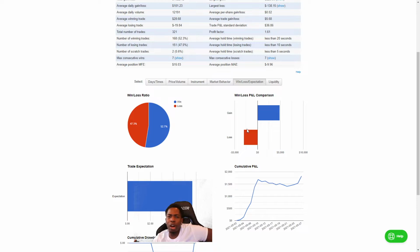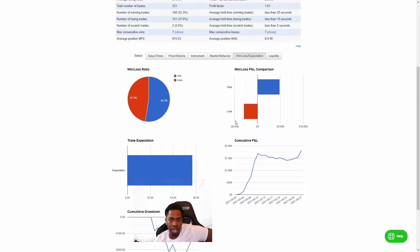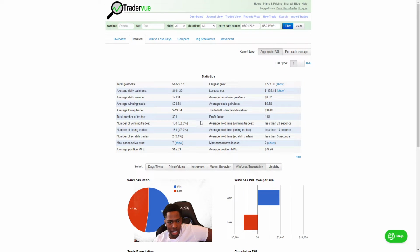This is why it's good to always review your metrics, right? Even sometimes I'm surprised off of what I'm seeing. But maybe it was a consolidation. That could have been the case where it probably was churning a lot of shares up in this range and then finally getting to see a bit of a breakout again. But cumulative drawdown, we had a low of 276.70 before finally making our way back to the upside. So here you guys have it